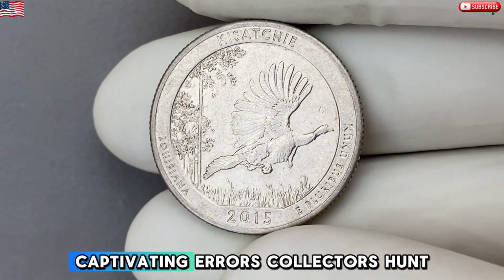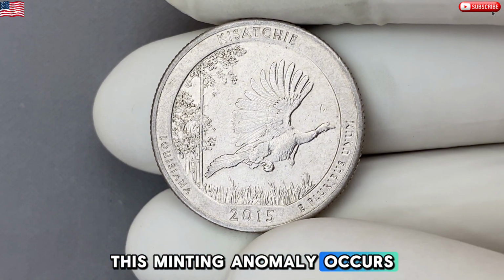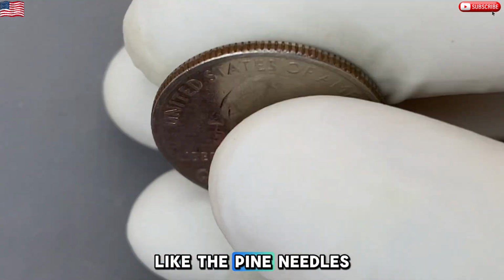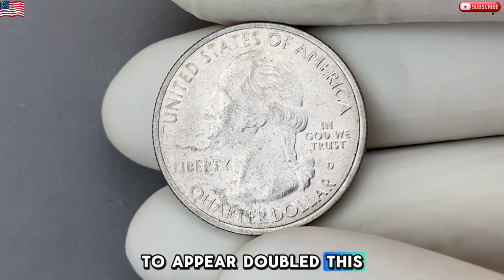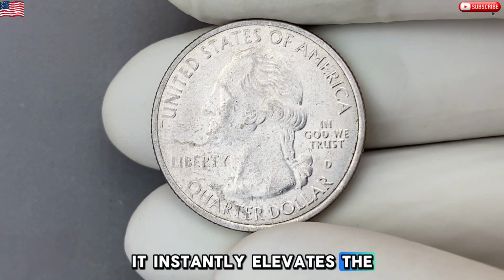One of the most captivating errors collectors hunt for on the Kisatchie quarter is the double die reverse. This minting anomaly occurs when the coin is struck twice from slightly misaligned dies, causing certain parts of the design, like the pine needles, the bird's feathers, or the lettering, to appear doubled. This doubling effect is subtle yet striking, and when spotted on the Kisatchie quarter, it instantly elevates the coin's value